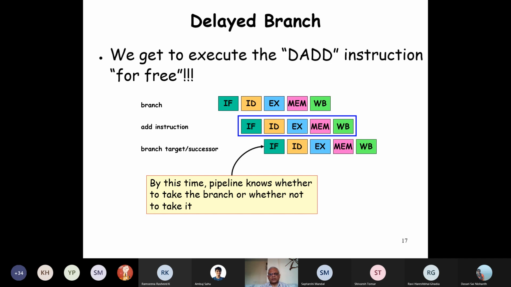So here we have put the odd instruction and the double odd instruction, and instead of stalling, we have been able to execute this instruction, so the branch hazard has vanished. And by the time this instruction completes, we are able to know the branch outcome and we can execute.